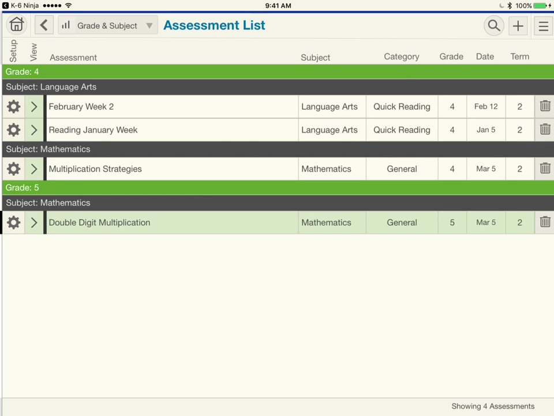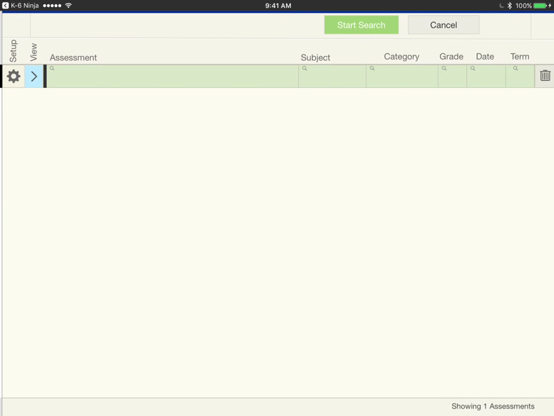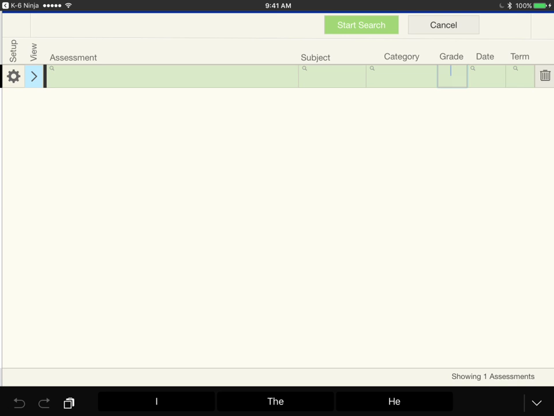Now, across, you'll see a magnifying glass. That's a search. By pressing that, it looks like it turns everything blank, but just sets up these blank fields where you type in what you're looking for. So I could be looking for, I'll just put grade 5 here. Now I could put more things in other fields. I could put subject, mathematics, and when I press Start Search, it would find all the grade 5 mathematic assessments. But I'm just going to do grade 5 because I only have one assessment anyway,